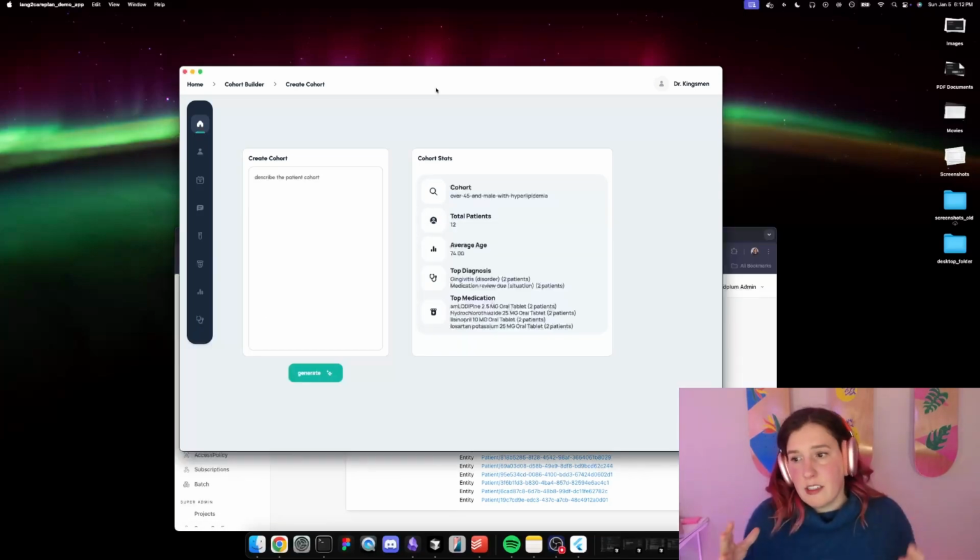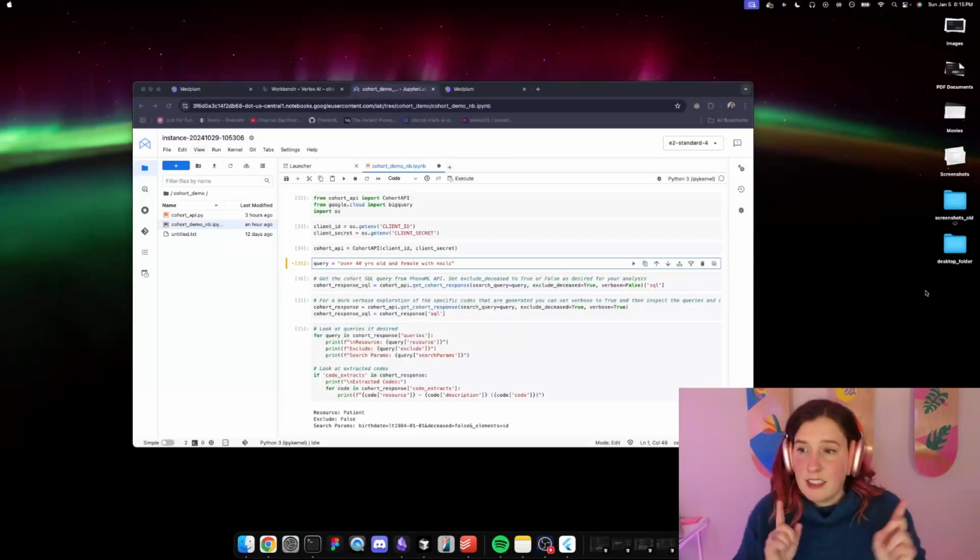So what I'm showing here is usage as part of a way to quickly explore patient data, but you could also extend it as part of a conversational interface to then assign those patients in the group to a care plan, or to be able to identify patients that should be eligible for a clinical trial based on your description of the cohort. The next application I'm going to show is how this API can be used as part of